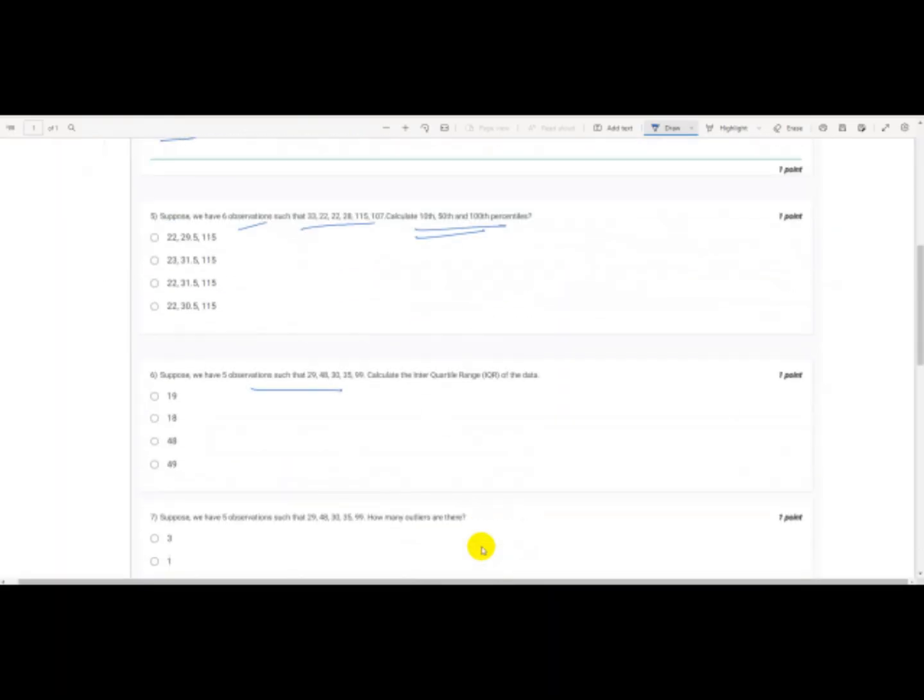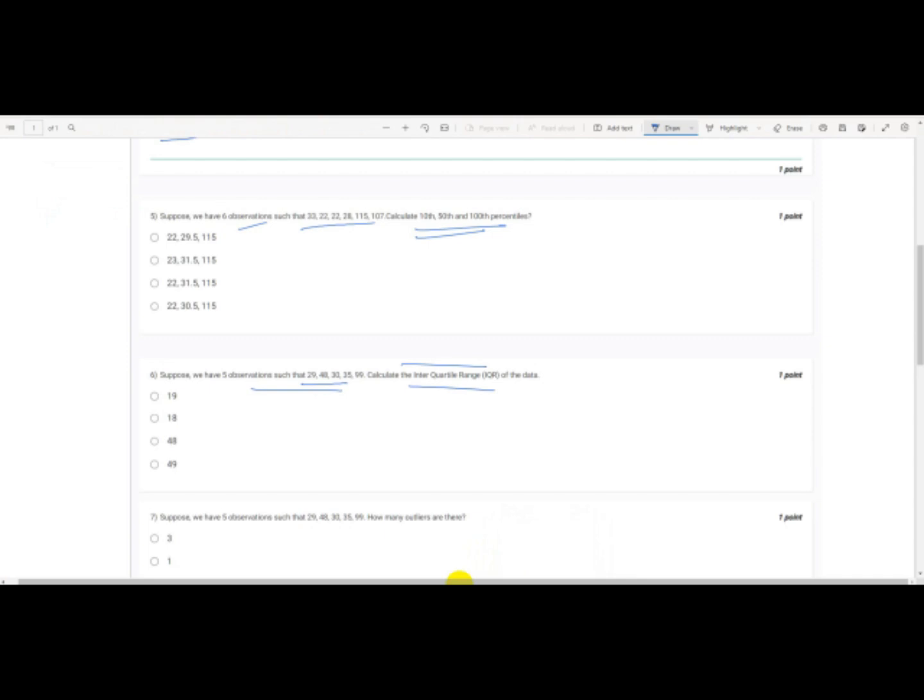Question number 6 had again 5 observations, and we are given values, and we are asked to find out the interquartile range. Let's note down the data as well. We have n is equal to, how many values are we given? We are given 5 values, which are